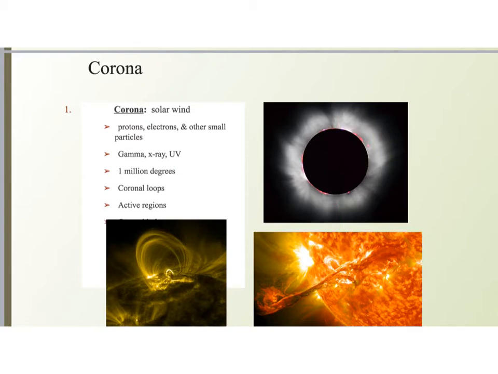So when I saw the solar eclipse last August, this is actually what it looked like. We could actually see the corona, even just with the naked eye. It was incredible. So we have solar observatories that mimic this process of an eclipse in order to be able to view the corona and also the chromosphere. We can see the chromosphere as this red area right there, and we can see some flare and prominence activity right there. So we have to actually block out the rest of the sun in order to see the corona